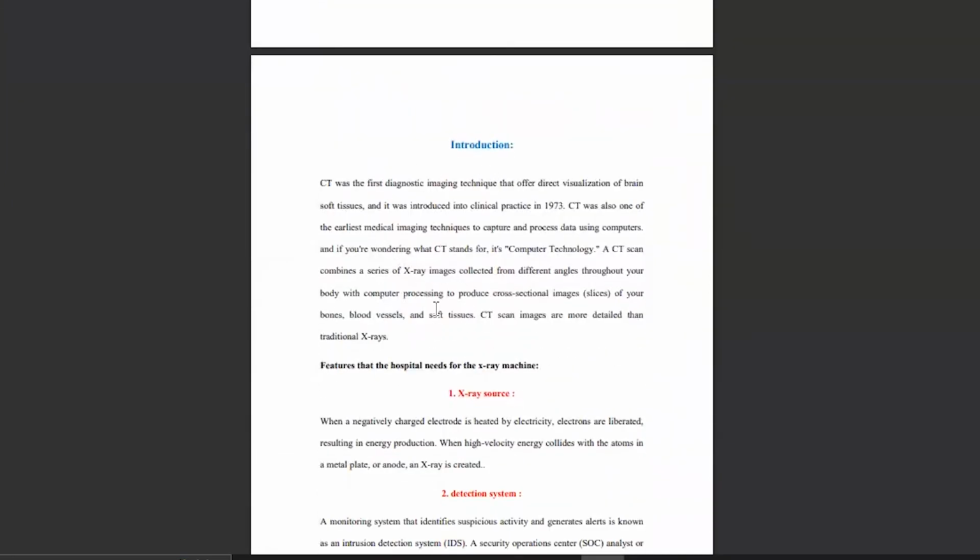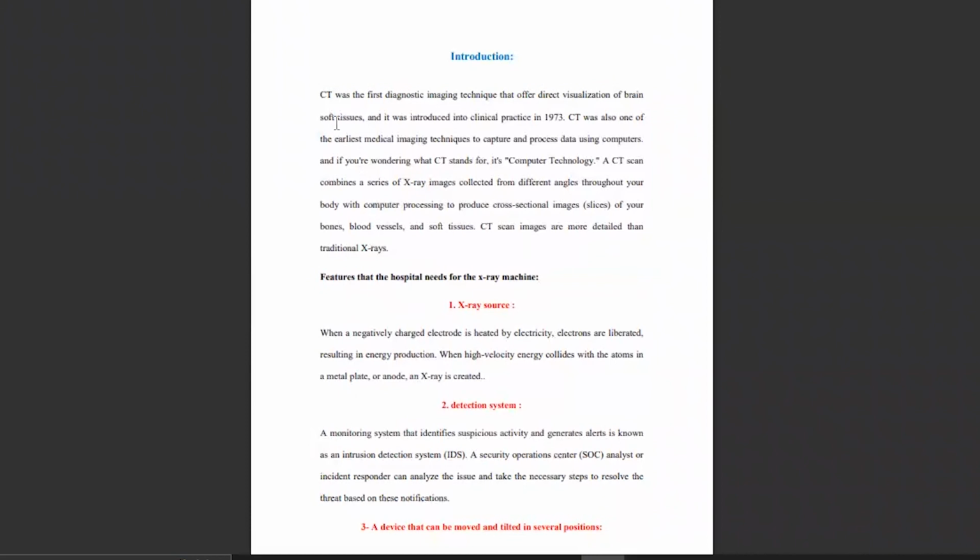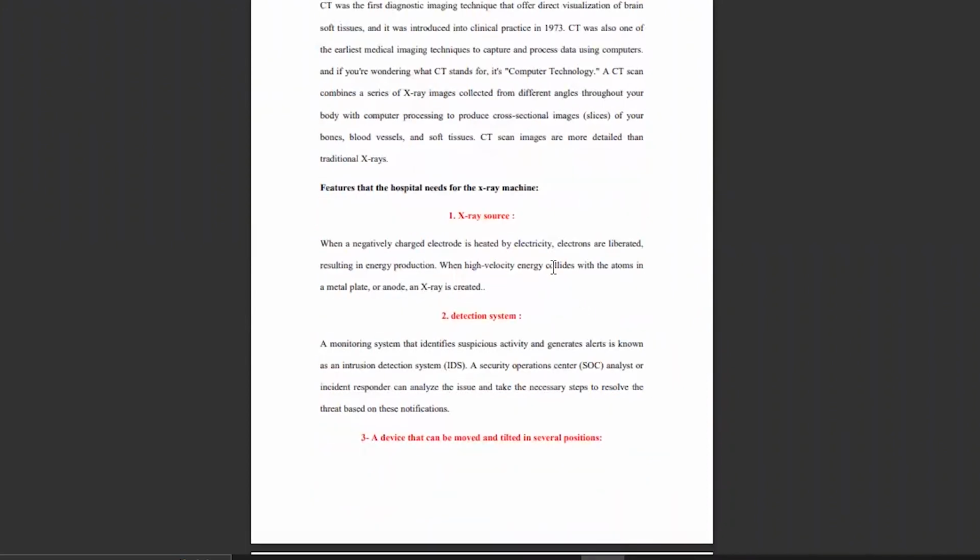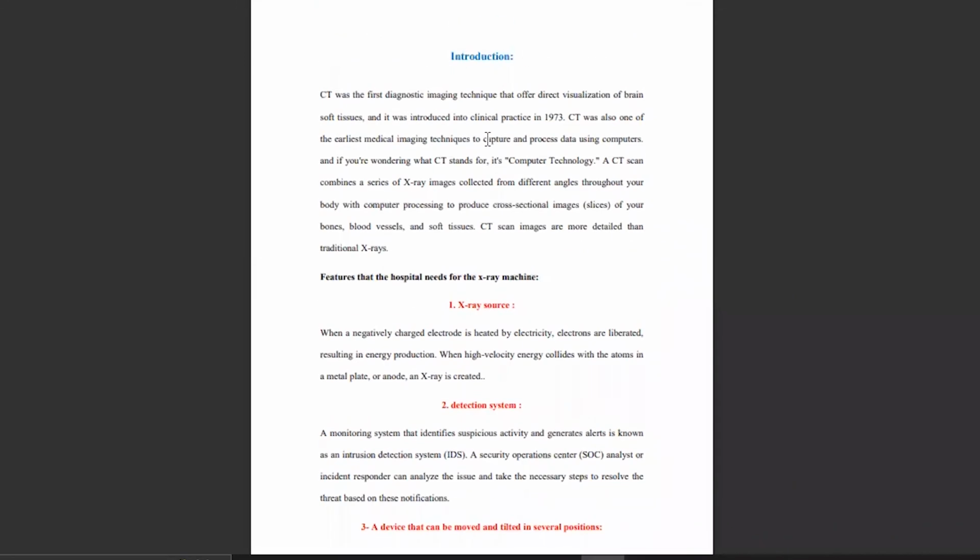Here is the introduction. CT was the first diagnostic imaging technique that offers direct visualization of brain soft tissues. And after I put the introduction here,